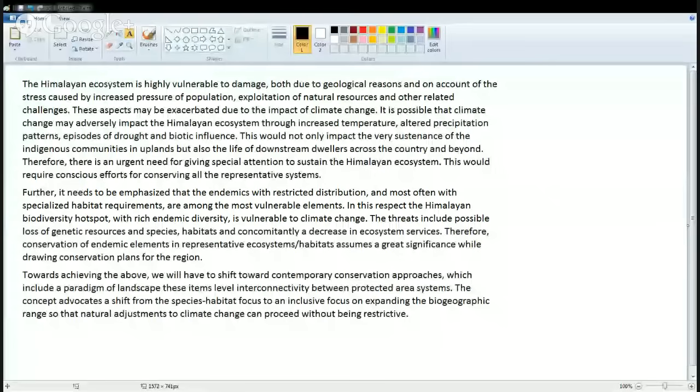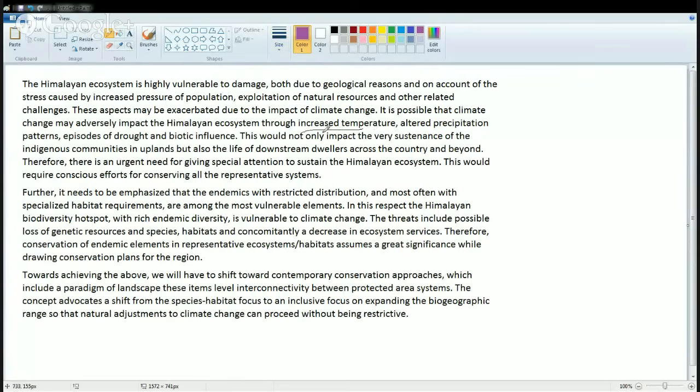So, we'll be starting with paper 1, set B, the first question. The first question was basically based on this passage. So if you go through this passage, you can understand that this passage is about the Himalayan ecosystem and the problems caused in the Himalayan ecosystem due to climatic change. So as it is mentioned in the passage, the increased temperature,